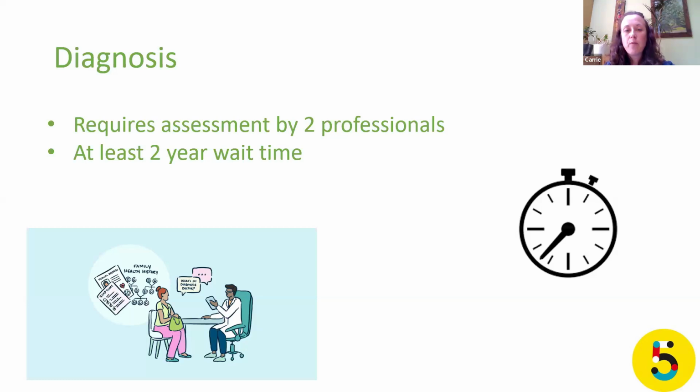In our setting, we certainly don't wait for an autism diagnosis to put in practice the different strategies. And I feel as a society as a whole, we are moving away from that need to have that firm diagnosis before being able to put in place the strategies. So we're starting to go much more from a needs-led basis, looking at the needs of the child and how we address them